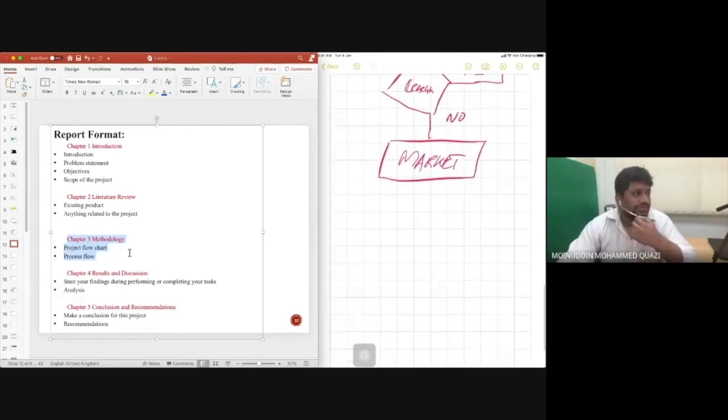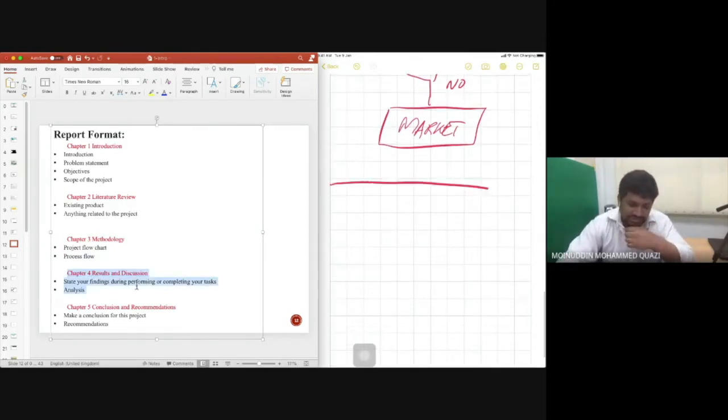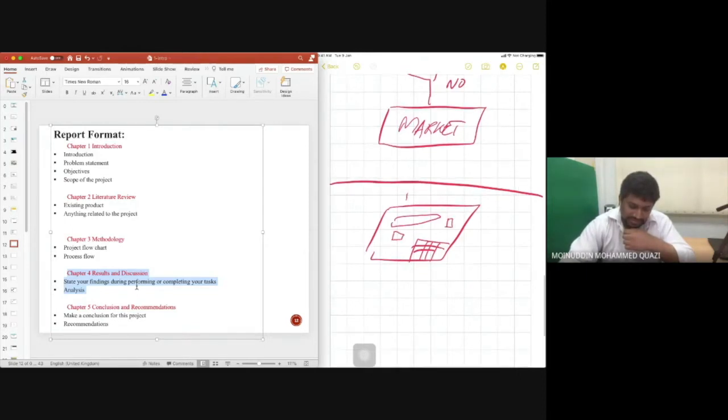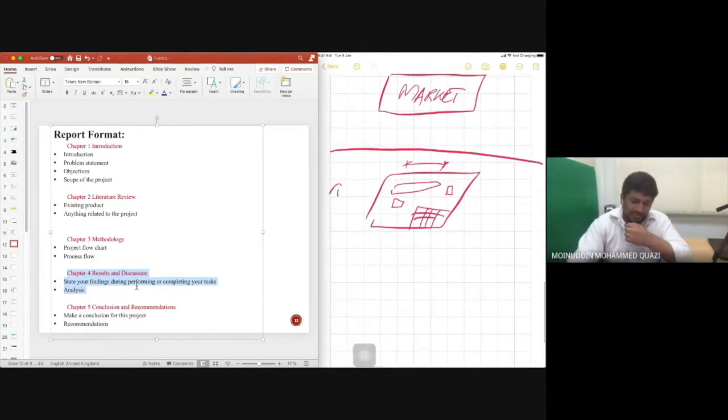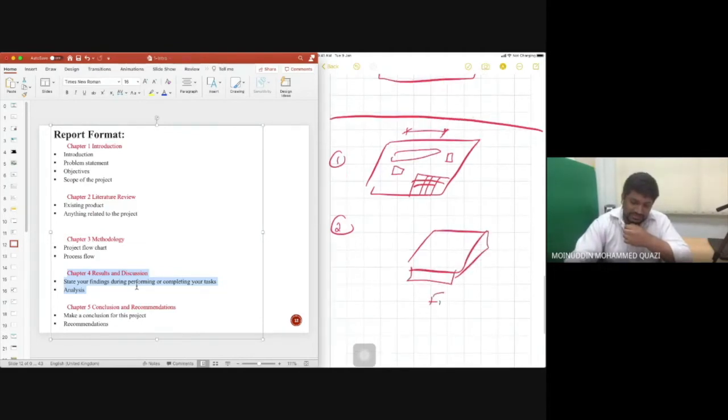So report chapter number 3 is done. Now we go to results and discussion. In the results and discussion you will show your product, you will show pictures of your product, your CAD drawings. This is my pencil, maybe something like that. Assembly drawings. These are the dimensions, something like that. Maybe if you can show some pictures of the real 3-dimensional product, then it will be very nice also. So this is another figure.